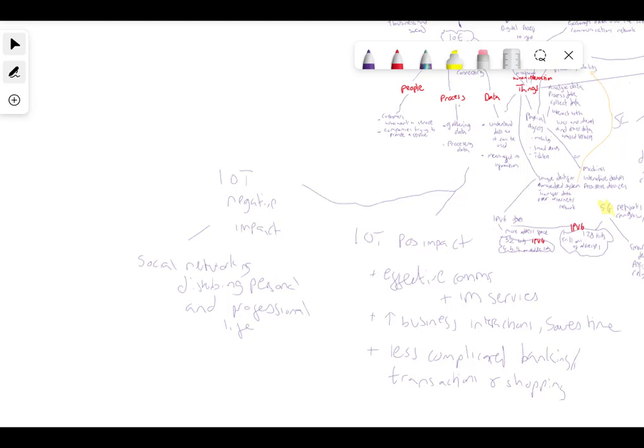But a negative, you could argue, is stealing data, so data interception and hacking IoT devices is easy if you know what you're doing. But a positive: access to the latest news